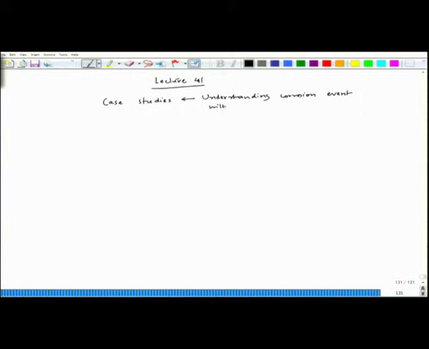What we have done before, we have one of the case studies that a noble metal is galvanically coupled to